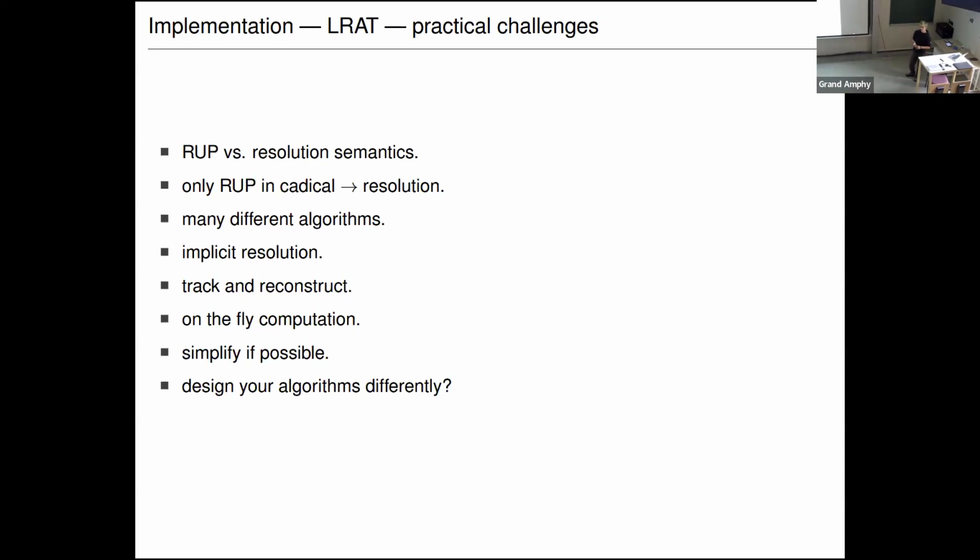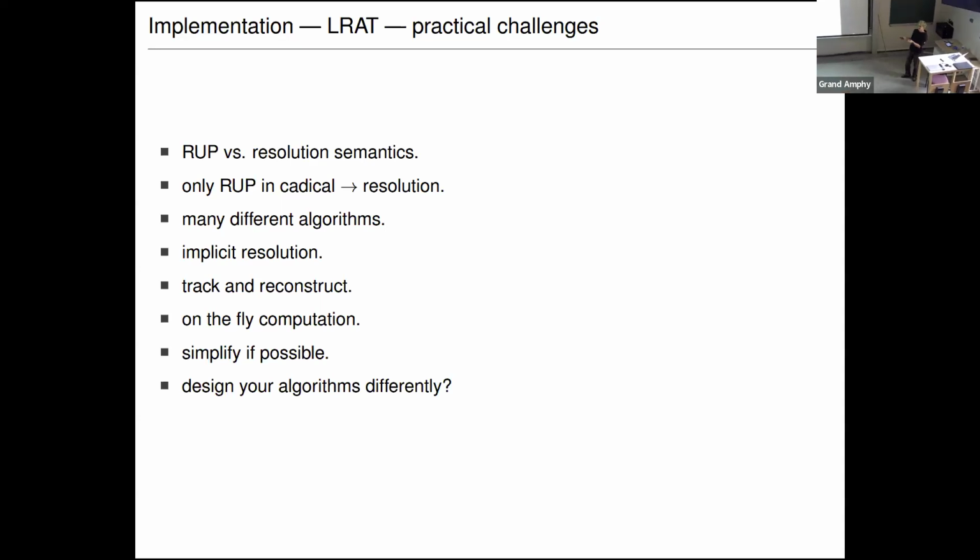Yes. Sorry, may I ask? I don't think I understand the difference between group and resolution semantics. Is it about whether what I call the accumulated formula is a set or a multiset? No, so for resolution semantics, you can only apply the resolution rule, and you are not allowed to resolve over the same variable multiple times. So you start at the conflict, you take one clause, you resolve them, and you take the next one, and you can always